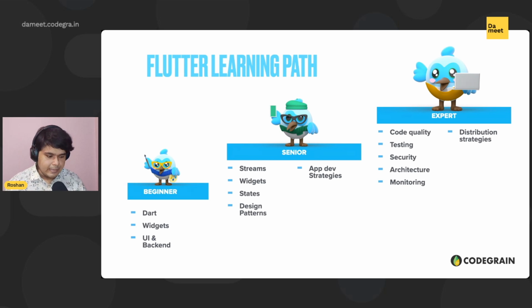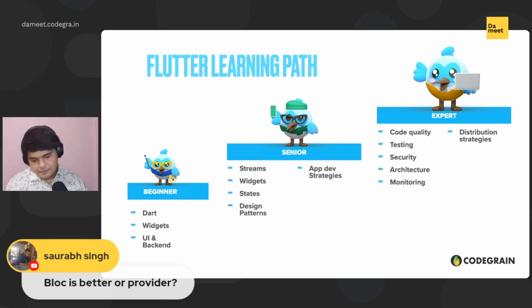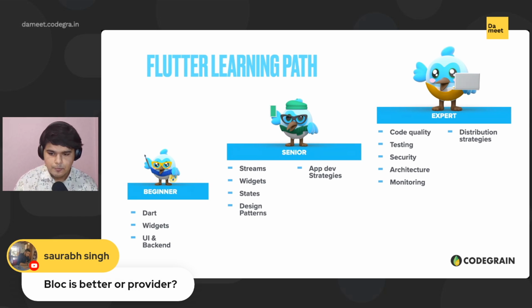If you want to create an application on the go, some sort of quick fix, provider is always something which you can use, and it is used with the provider package, and there's very little boilerplate code over there. You just need to do some sort of wrapping in your main file, and then use a change notifier and those things in your application.